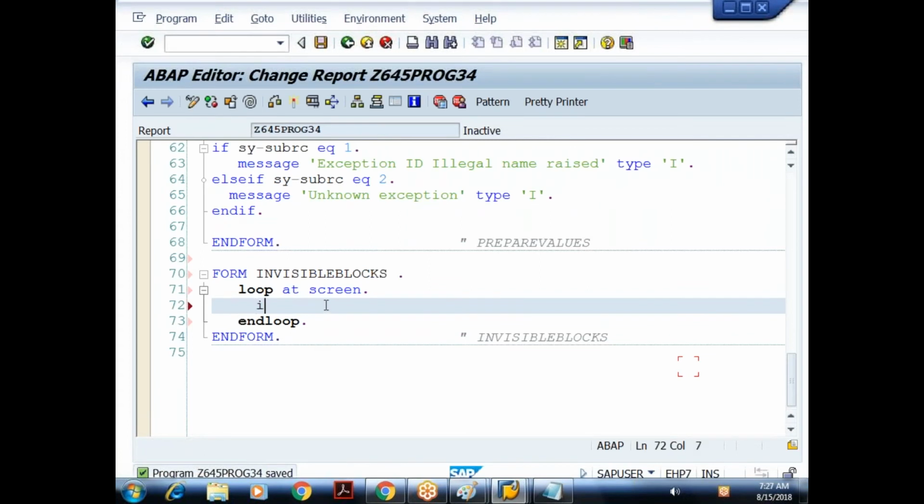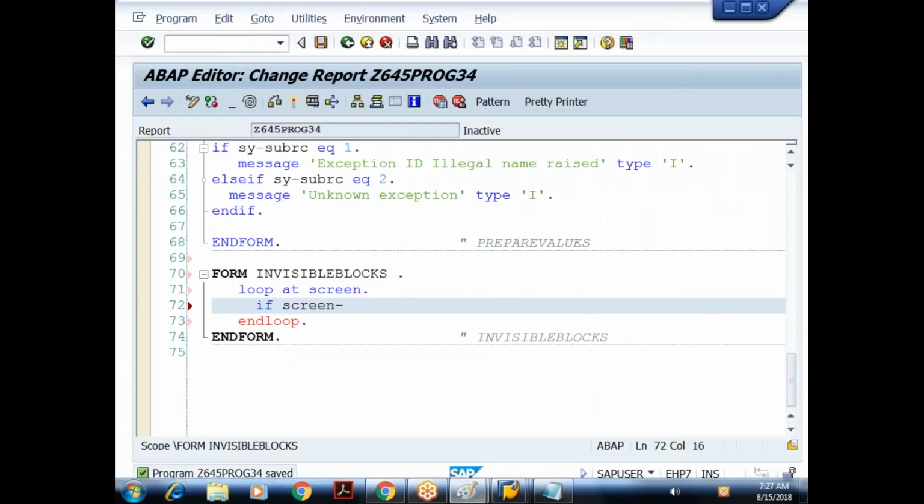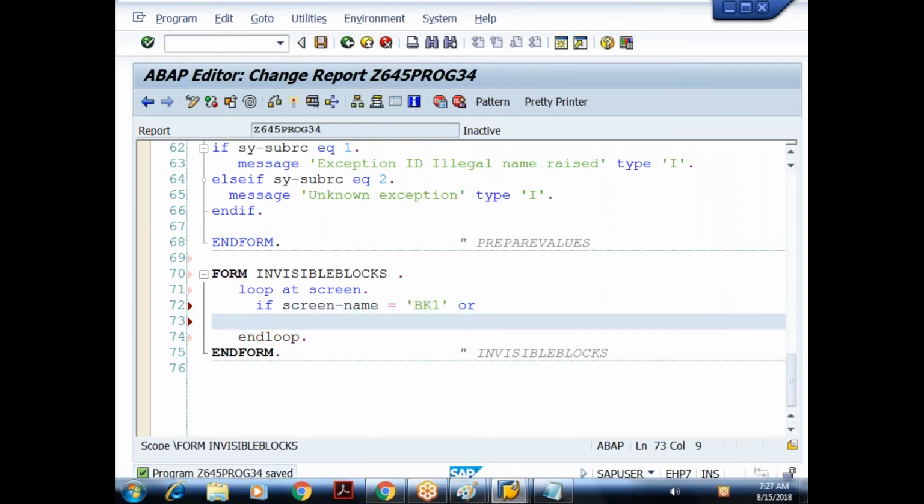So I'll say if screen-name, what is the field name here? Name. If screen-name is equal to what? For the blocks I want. So what is the name of the blocks? BK1, BK2, and BK3. So I'll say if screen-name equal to BK1, or